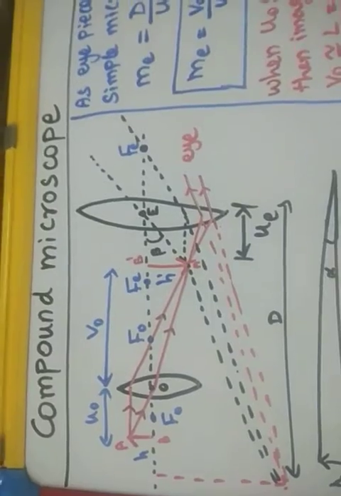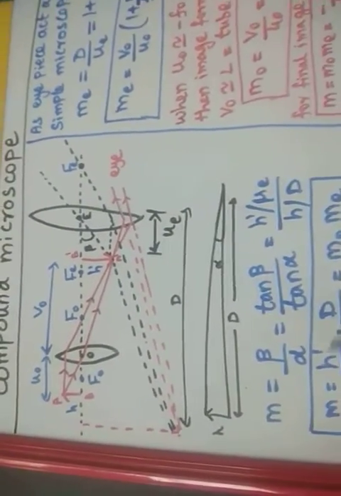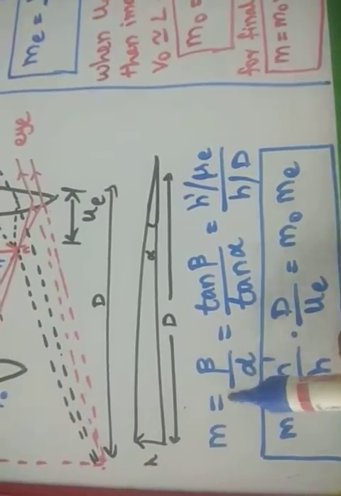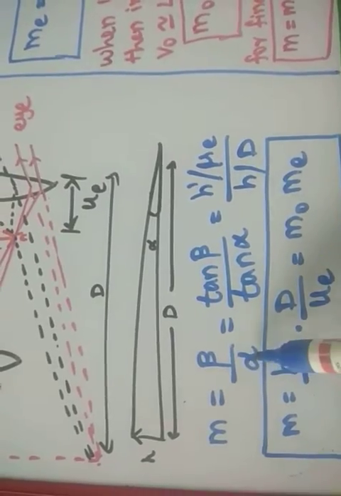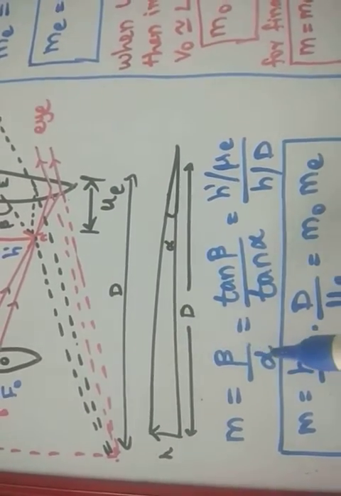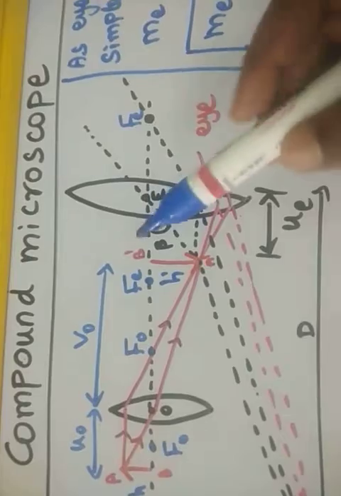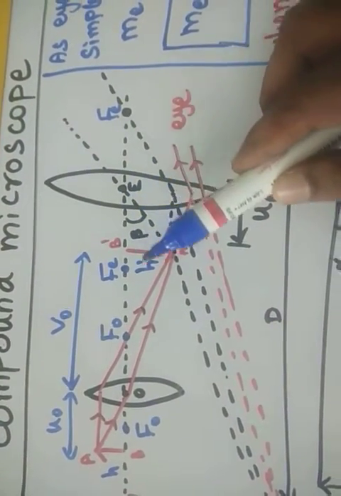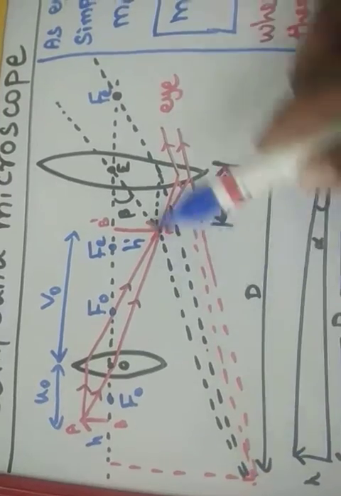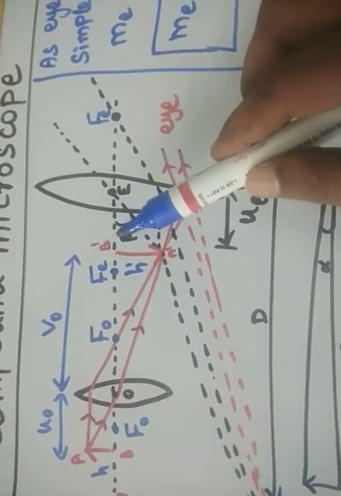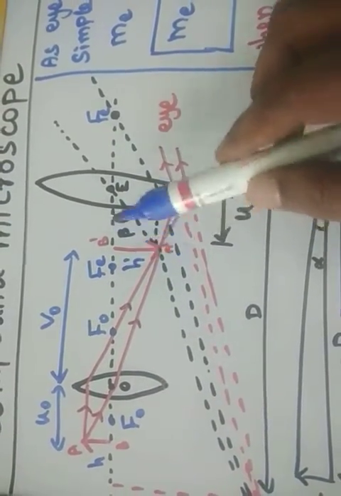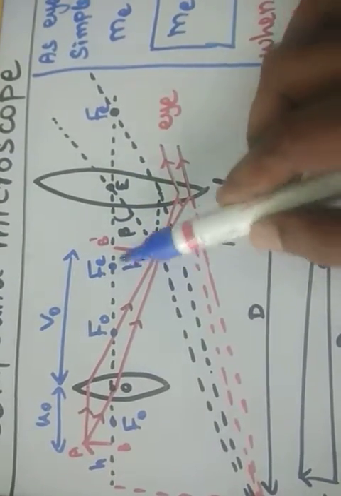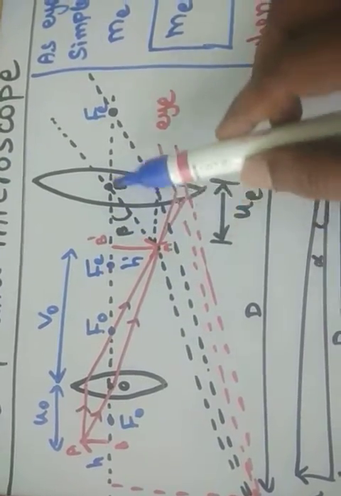Now we will see how to calculate the magnification. We know that magnification is equal to visual angle by object angle, that is, image angle by object angle. The image angle is this one. This is beta, the image angle. The image will come from here. So tan beta is equal to opposite side by adjacent. Opposite is h bar and adjacent is OB dash.